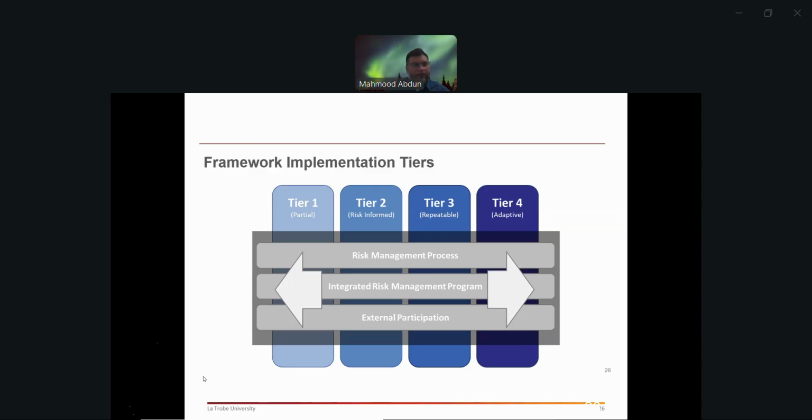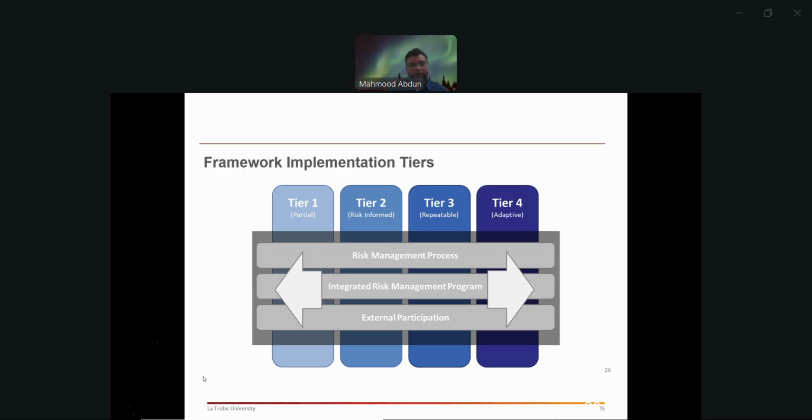This is basically a partial implementation of the CSF. It could be that you're a small to medium enterprise, your mom and dad company, and so on, who doesn't have the resources or even the know-how to protect the system according to the full standard. But they know something. For example, antivirus software protects your systems, spam folders, the usefulness of certain tools and techniques, strong passwords, the basic things. So you're at the partial level, and the majority of organizations fall under this category.